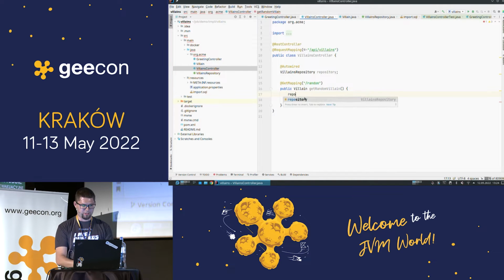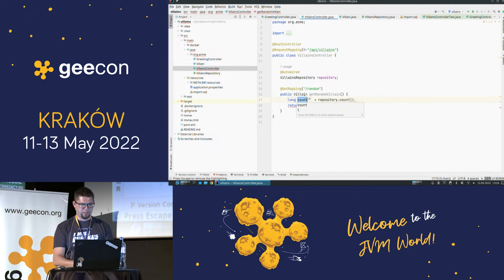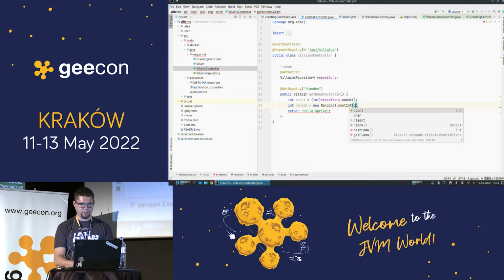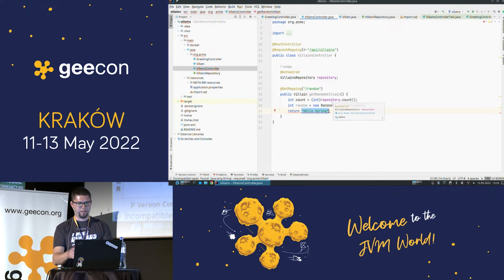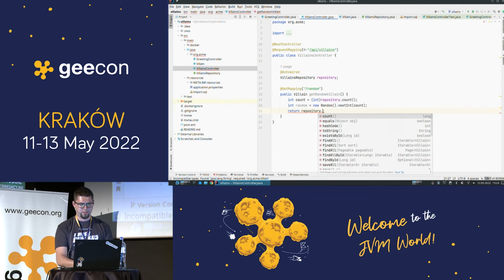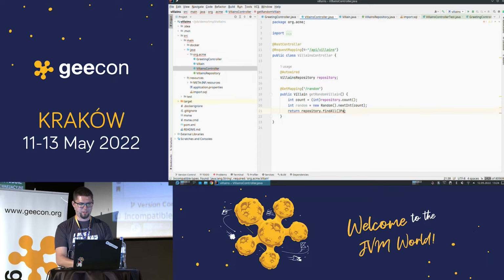So with this repository, I can just do repository count, right? And so I will have a count of villains. And with this, I can really simply select a random one. So random, new random, and next int smaller than count. And now I can select the random page from the pages of size 1. So repository, find all page request, I think, of this random page and size 1. And here I should have